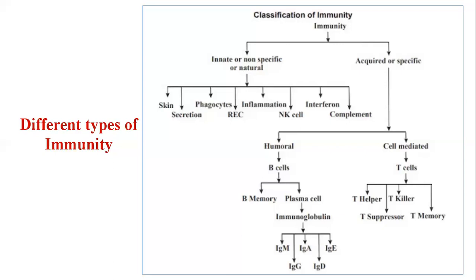Next one is acquired immunity, that is, specific immunity. Acquired or adaptive immunity, since the potency of the immune response is acquired by experience. Acquired immunity can be of different types. It may be active, it may be passive. So this particular immunity against a microbe may be induced by the host's response to the microbe or by transfer of antibodies or lymphocytes specific